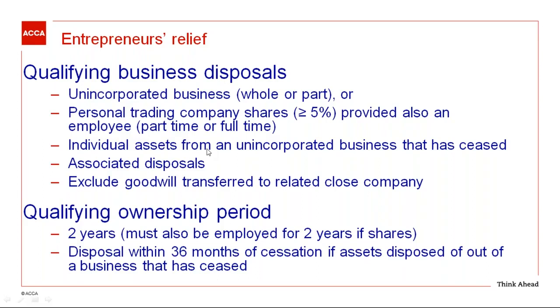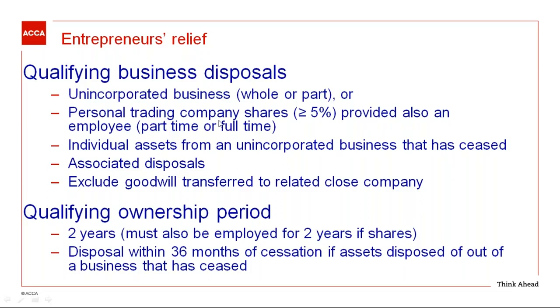So if you are selling the whole business or substantial part of the business, then entrepreneurs relief is available when you are transferring the assets, provided the asset is a chargeable asset and used for the purpose of business. So if you are selling the whole business or substantial part of the business, then you can claim entrepreneurs relief